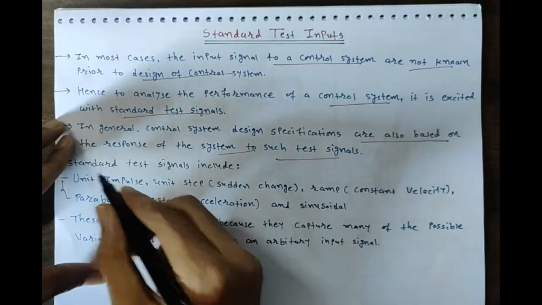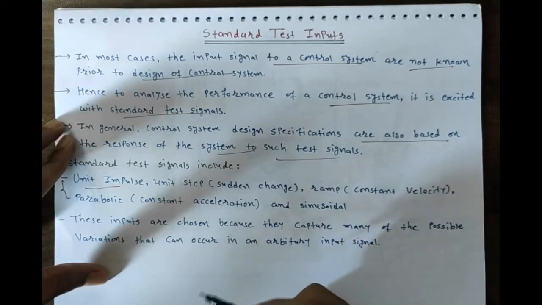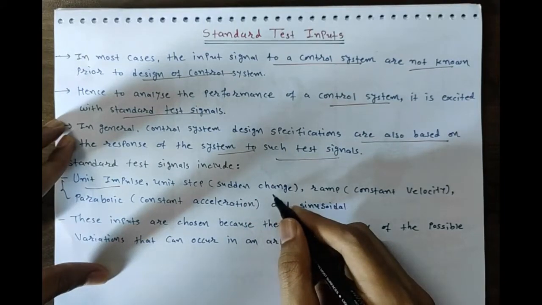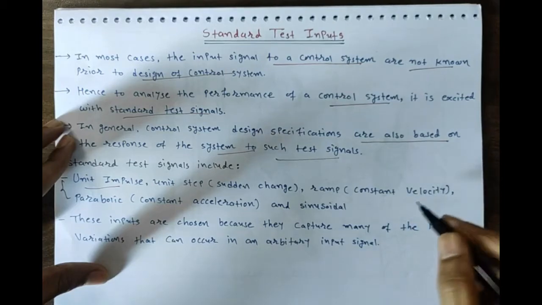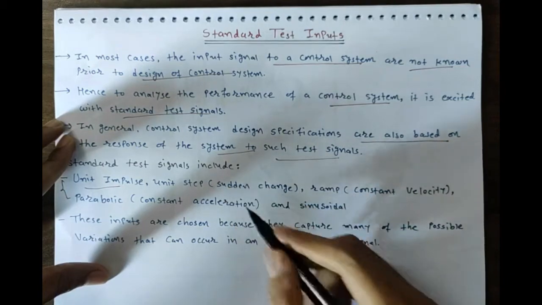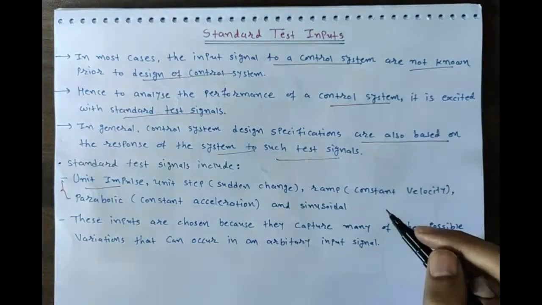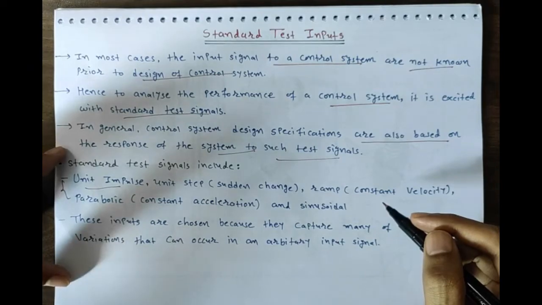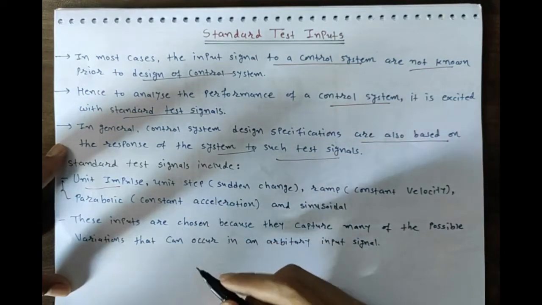Okay, so generally the standard test signals include your unit impulse, or we can say a shock kind of function. Your unit step, it means you are giving a sudden change to your system. Or a ramp, or we can say constant velocity, so the value is going to change with respect to time. Let's say a sudden change, it means you are having a room with 10 people and a temperature of 20 degrees. Now suddenly some 20 more people come into the room and you still have the same temperature. So this kind of change is known as a unit step.